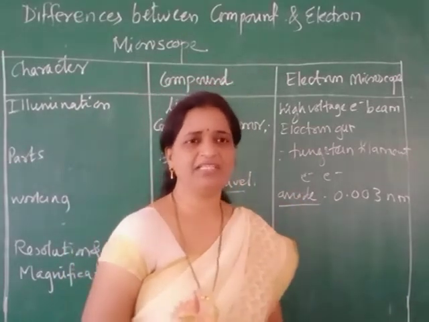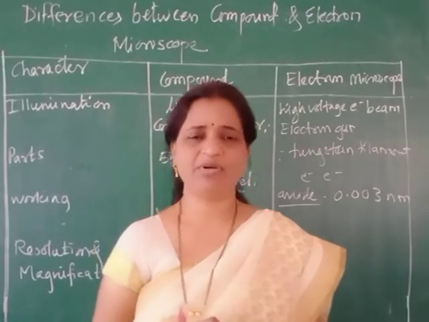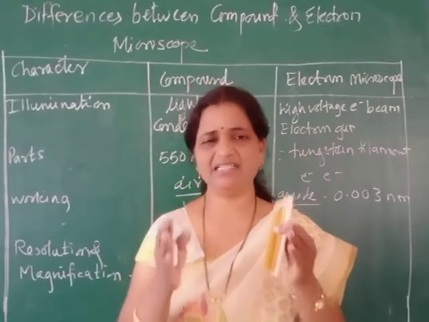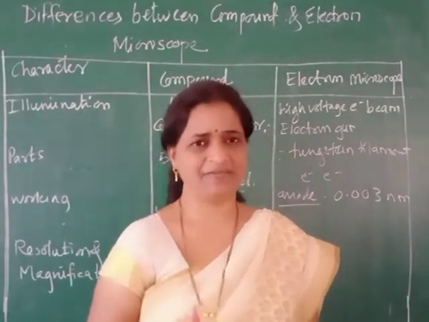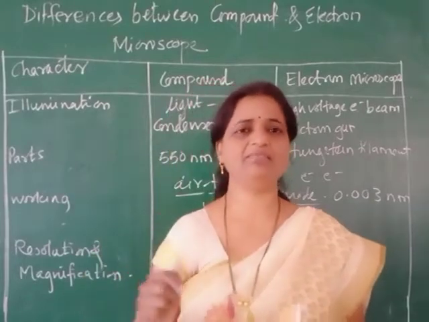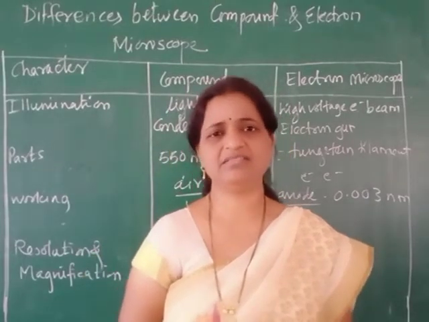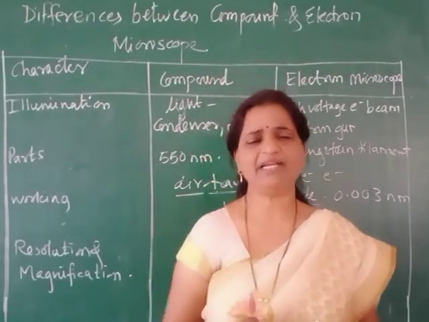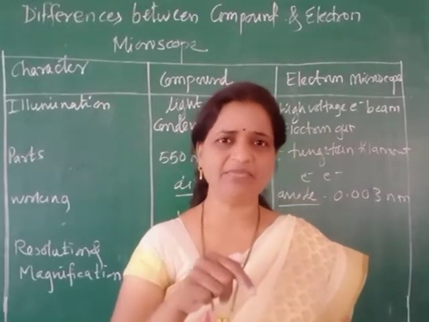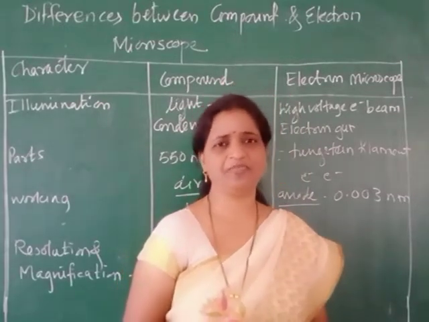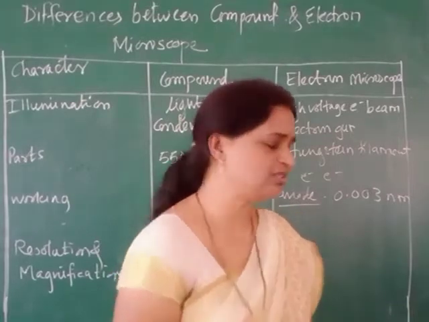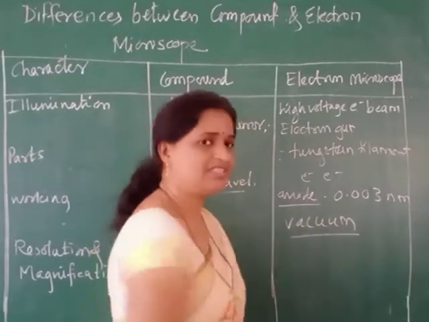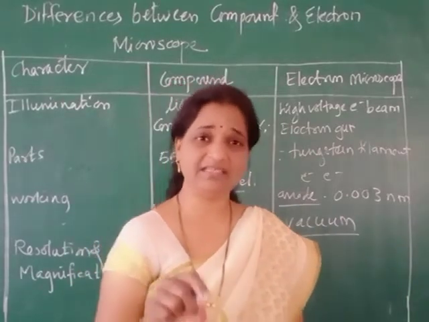Now what is there in the electron microscope? Remember, the design of the microscope consists of a compact, cylindrical, airtight chamber. In that chamber all parts of the microscope are present, and from that chamber air was totally removed. The environment from which air was removed is called vacuum. So illumination was done in the vacuum. So these are the basic differences.